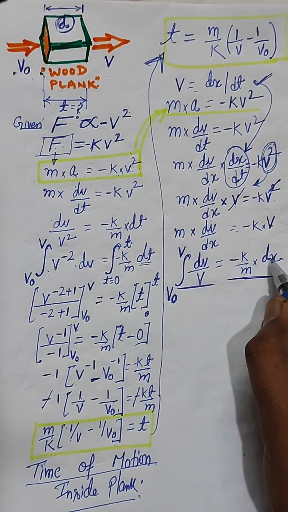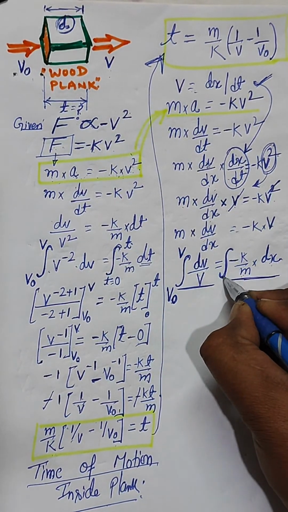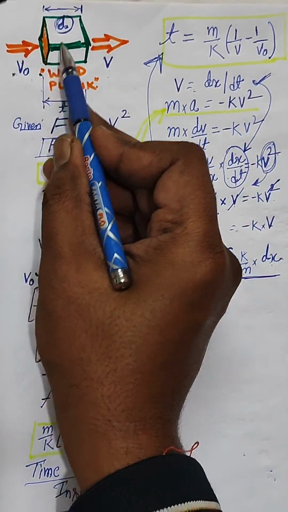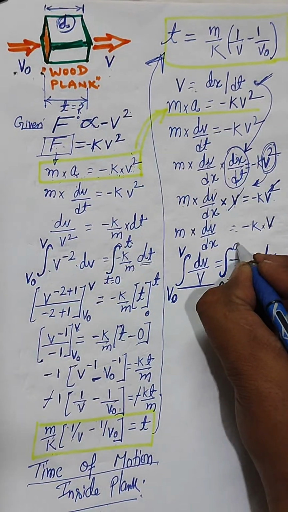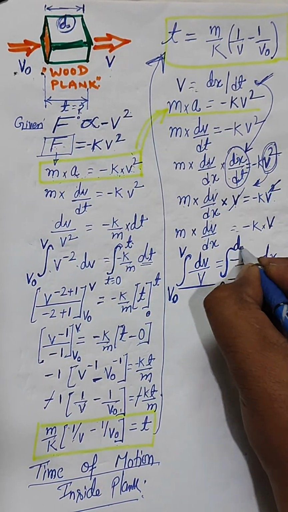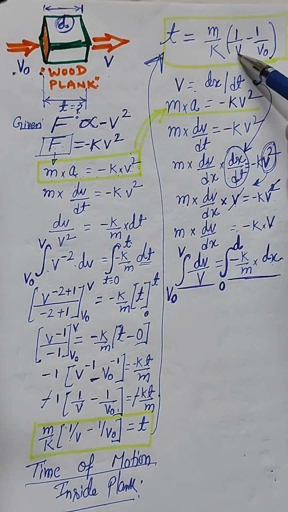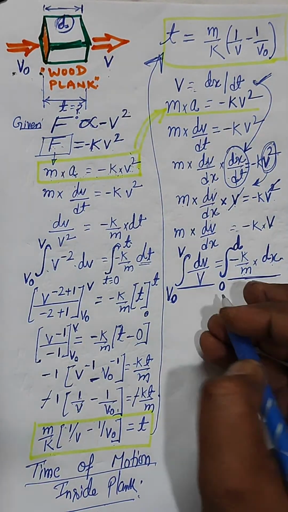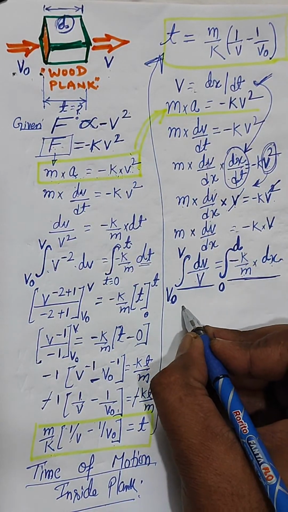And here dx is there, so the distance is varying from 0 to d, right? We are doing all this just to introduce the d variable over here into the time to cross the plane, right? So this will give 1 by v of dv,